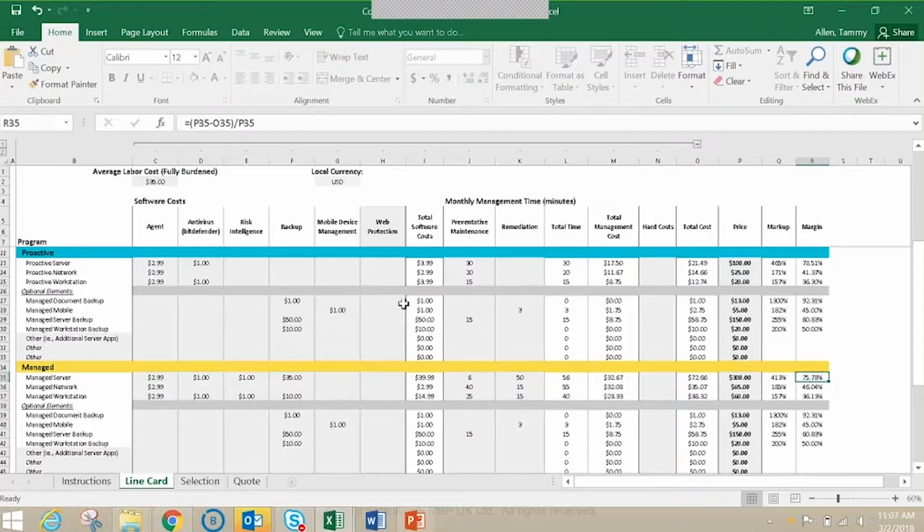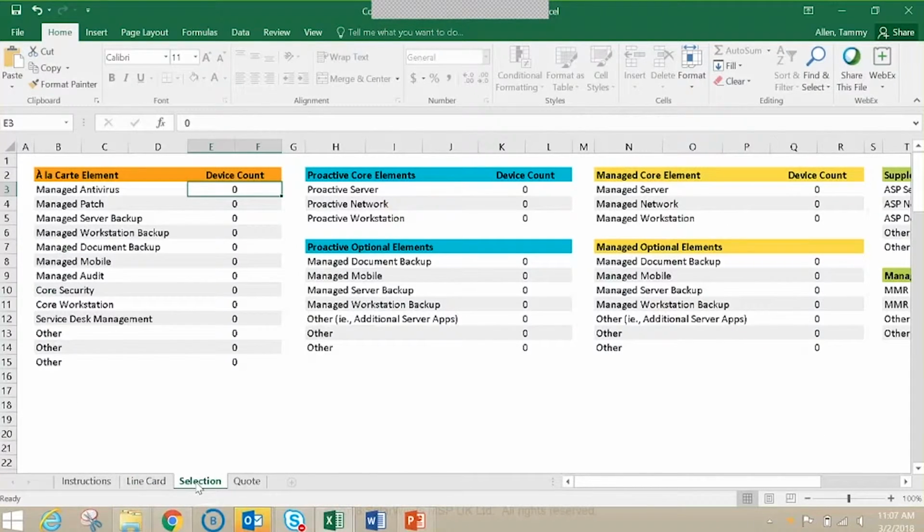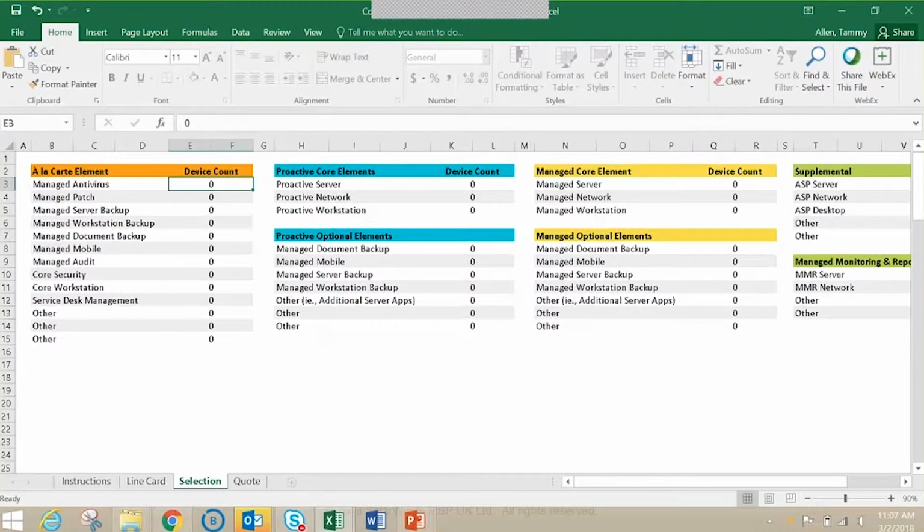Once we standardize this sheet to whatever your costs are and your go-to-market programs and your pricing is going to be, it's then that we go underneath the selection tab, and it is here that we can start to choose the different programs. So for example, if we look at a typical small to medium-sized business having 2 servers, 2 network devices, and 20 workstations, based on the inclusions that we have for what we consider a managed server, a managed network, and a managed